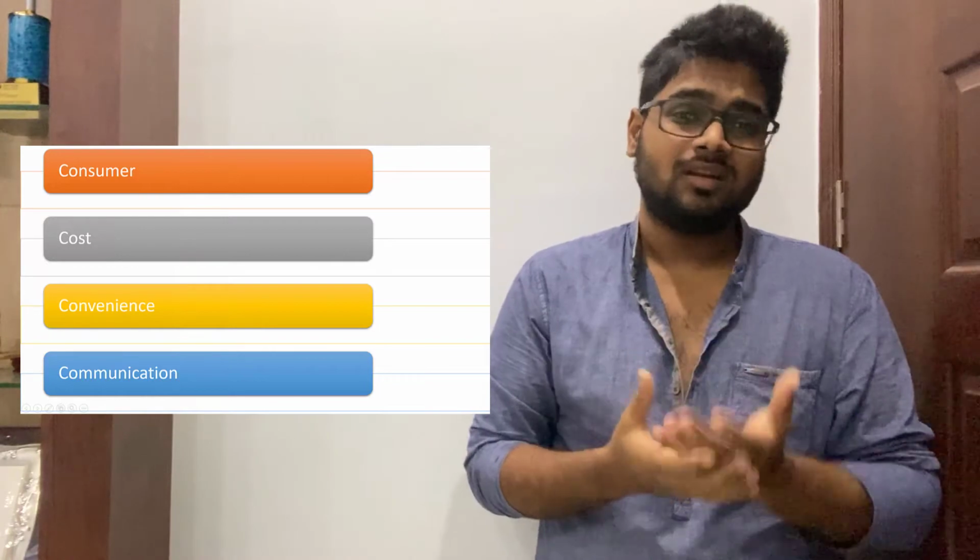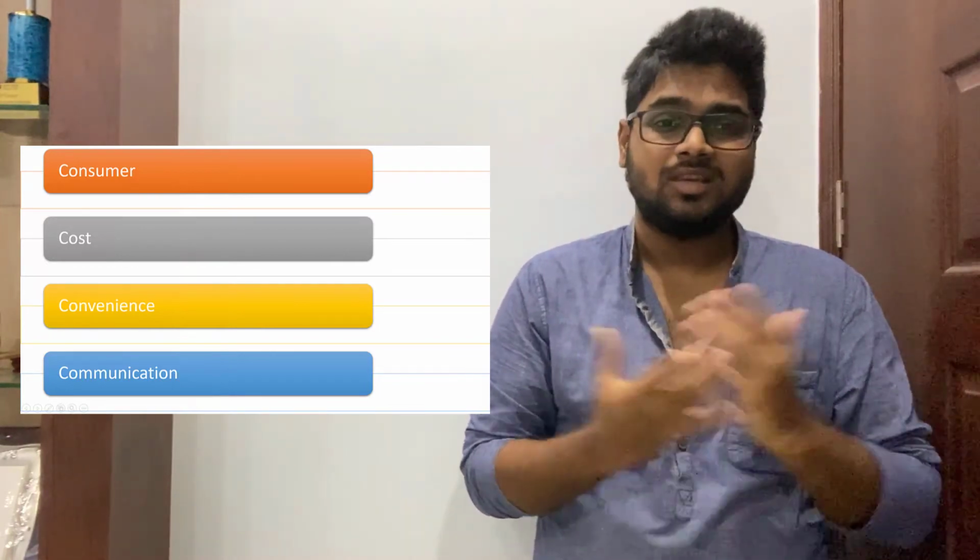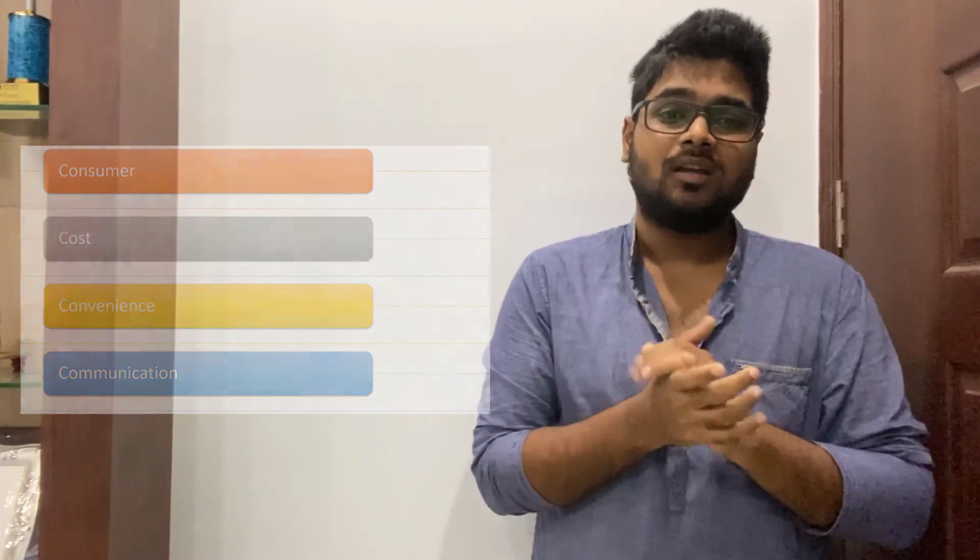So communication is really important. Basically, communication is the key to everything in marketing. If you have the right product but you're not able to communicate it perfectly in the market, you are basically finished. So these were the 4 C's, which were basically different names for the same thing, that is acceptability, accessibility, awareness, and affordability. That becomes consumer, cost, convenience, and communication.